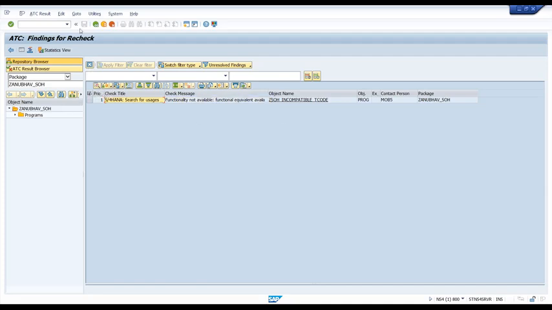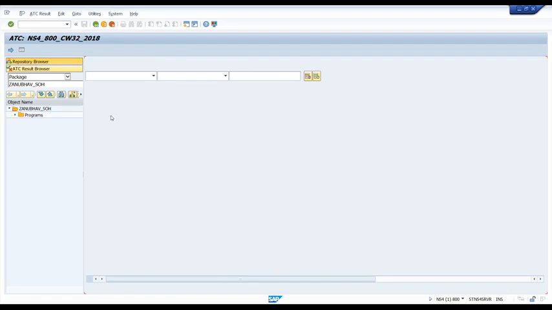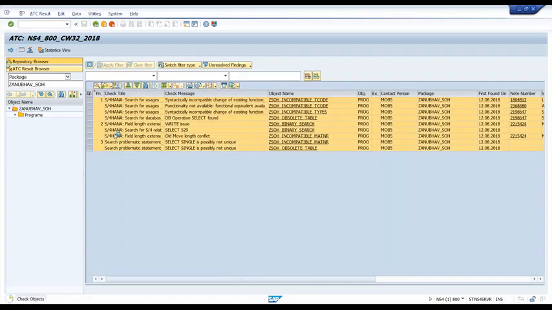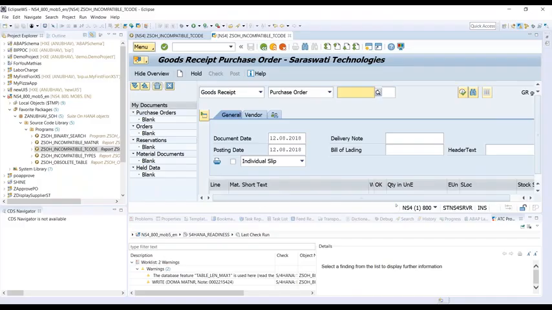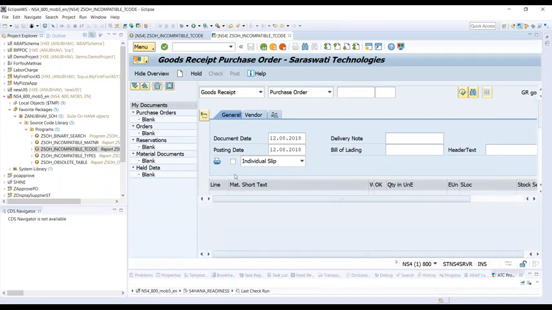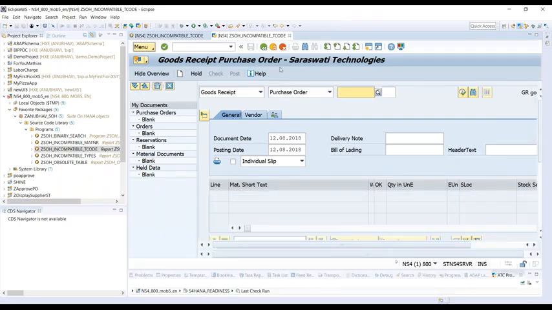Maybe I just quickly go back. What is happening? I can select everything and do a check again on all the objects. Your check will now pass because you have removed the dependency on an obsolete transaction in S4. This is exactly what was done. You can see in ADT when I execute it, it's working. Earlier you were getting an error message.